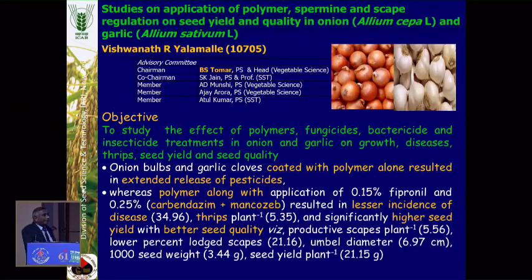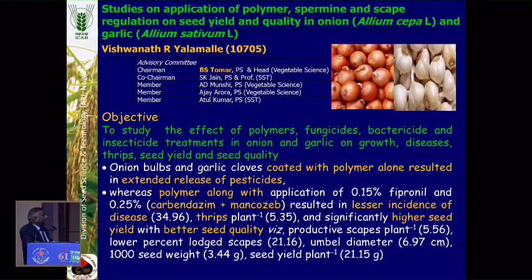Vishwanathan, who was awarded the merit medal yesterday, worked on quality seed production in onion and garlic under dry conditions using polymer and spermine or scape regulations. He established that onion bulbs and garlic cloves coated with polymer alone resulted in extended release of pesticides, whereas polymer along with the application of 0.15% propiconazole and 0.25% carbendazim with mancozeb resulted in lesser incidence